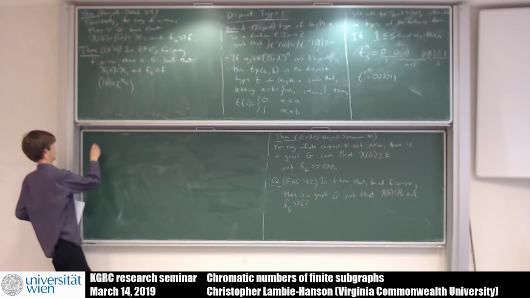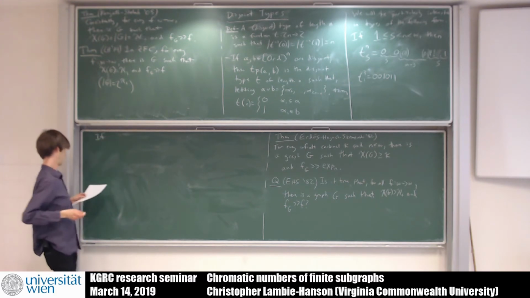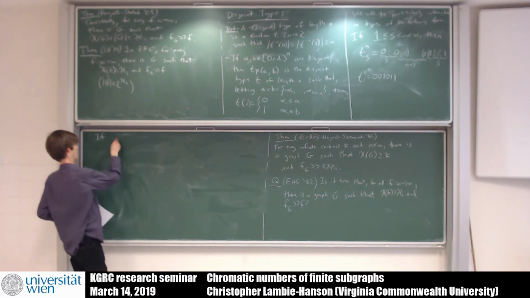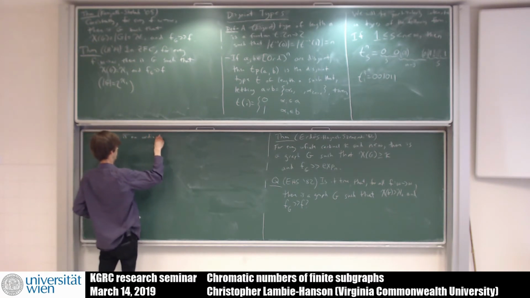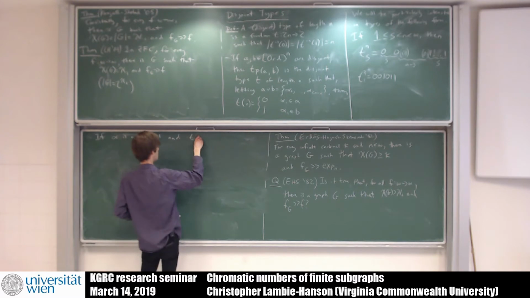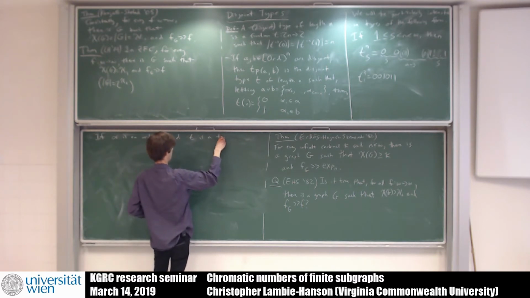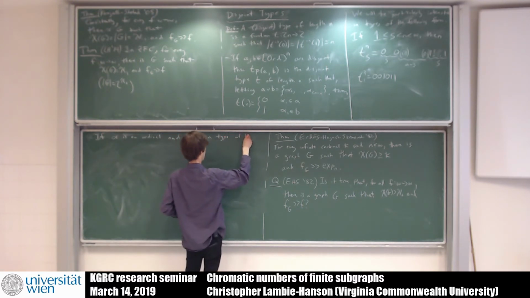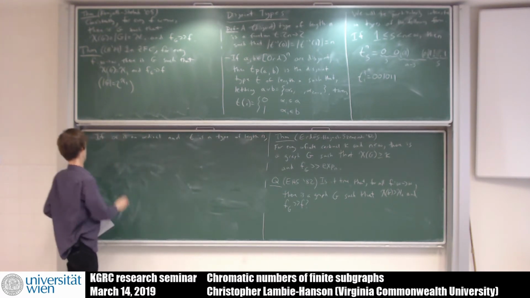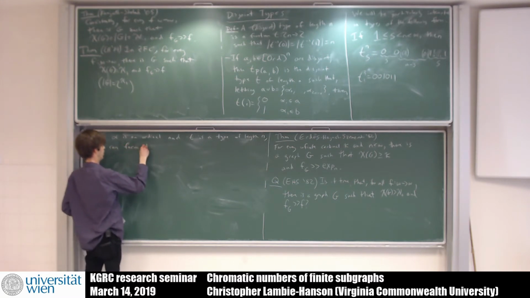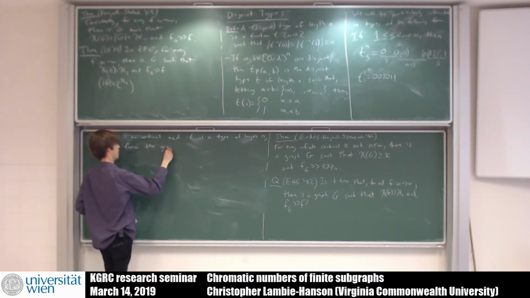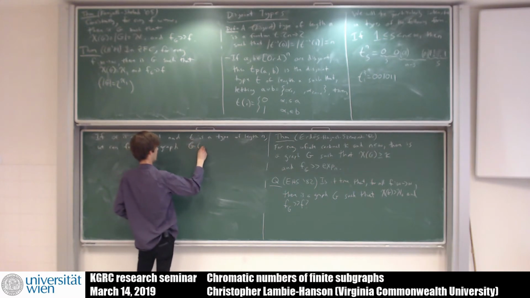Okay, so if alpha is an ordinal, and T is a disjoint type of length n, we can form the graph G alpha T